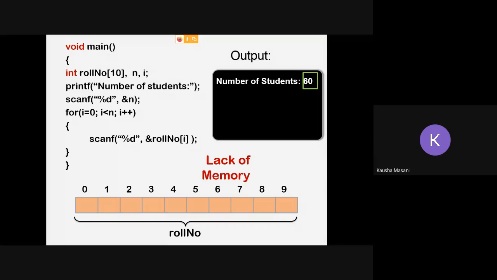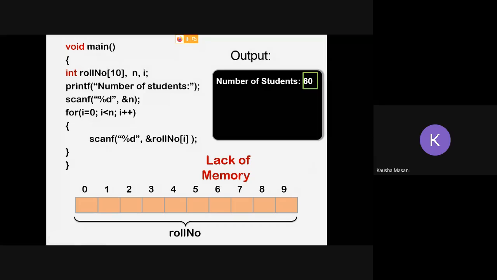So the second issue with static memory is that when a situation arises where you have to increase your memory, that is not exactly possible in static memory allocation. You have to go back to your program, where you have initialized things, reinitialize the size and all, and then you can program ahead.